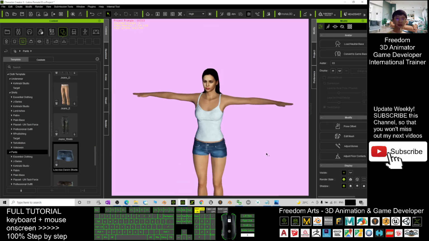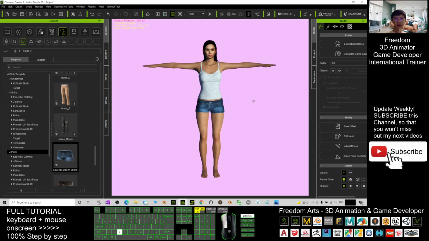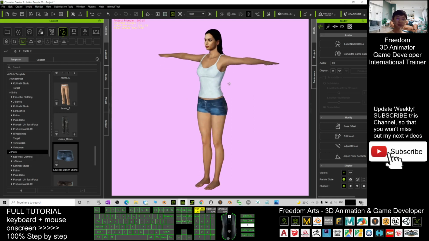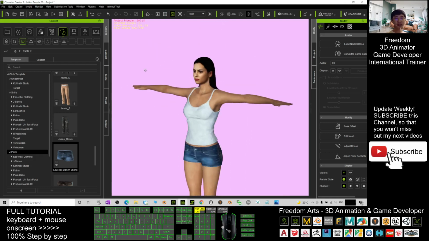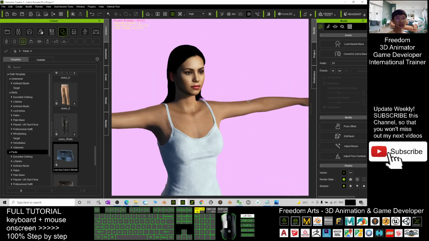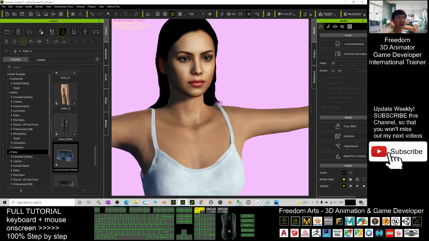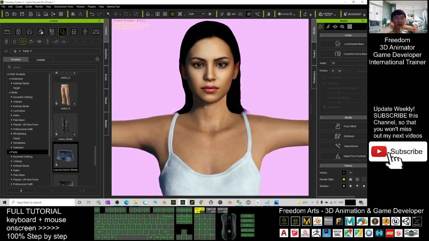Alright, all of these Latino girls, all of these Latino females, you can just send to iClone 7. Click here to send it to iClone 7 to perform any of the 3D animations. You can send this avatar to Unreal Engine as well. If you want to make this avatar become the main avatar of your Unreal Engine game project, or make